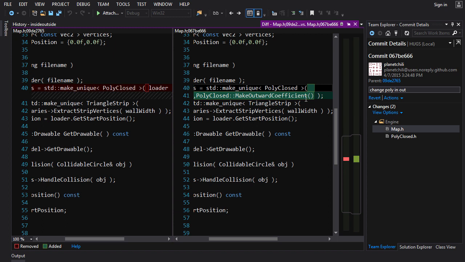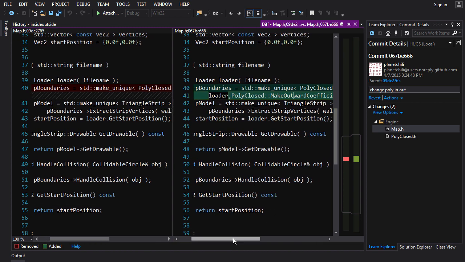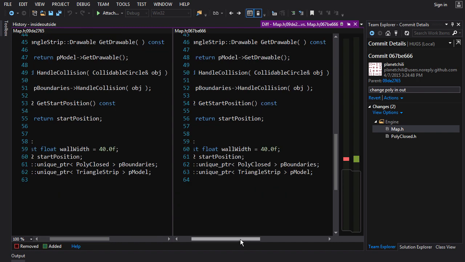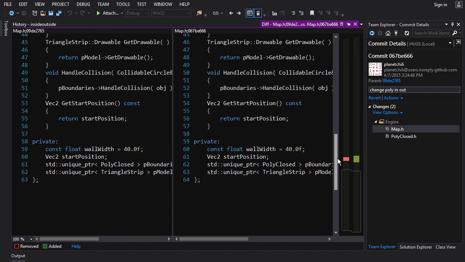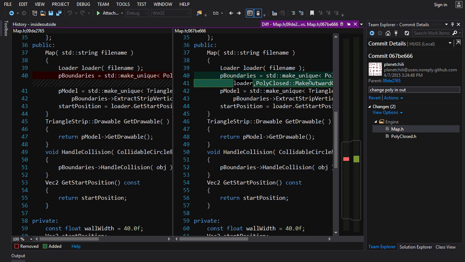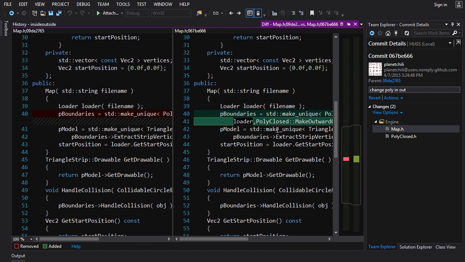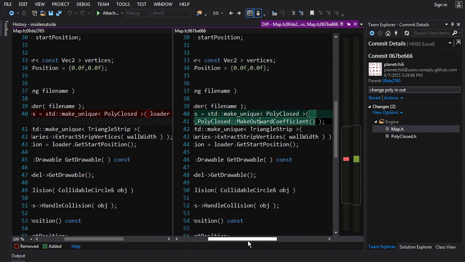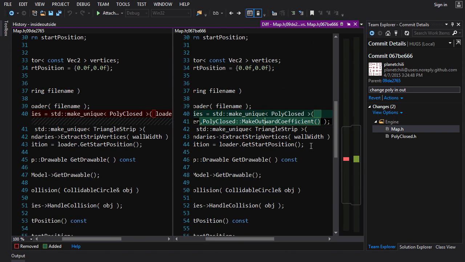This seems wrong to me. This seems very wrong. I should want an inward coefficient, right? Because if this is the boundaries here, because I'm still working with only a single boundary, I should have made this inward, but it doesn't matter because we're moving on anyways. We're going to be loading inside and outside boundaries. This is all going to change. So forget about it. But I think I messed it up. Anyways, maybe I didn't. Make outward coefficient